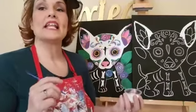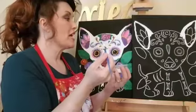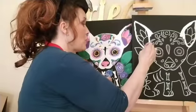Good job. Now let's trace her face. Okay, so I get more white paint. Now I'm going to go from her ear down to her cheek. And I'm just outlining. I'm not filling it in yet. And I just go from the ear and I go,